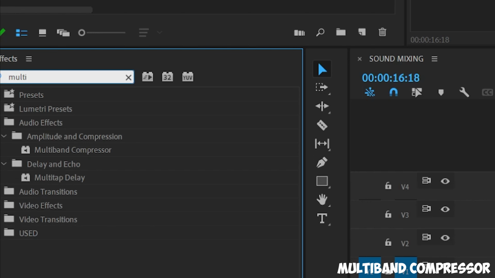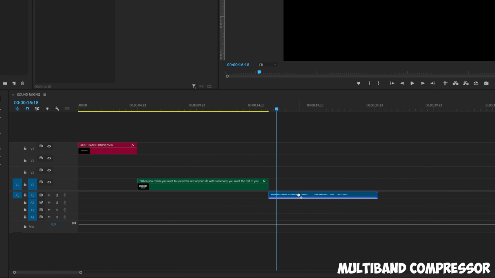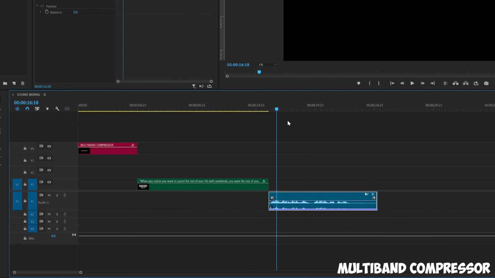can just type in multi and only two things will come up. So Multiband Compressor, and then drop it on to your audio. Now, for example, this audio right here was recorded in the microphone I am speaking in right now. So the audio you hear right now has not been cleaned with this effect yet. After I show you what to do, then I will show you the difference between the original raw audio and